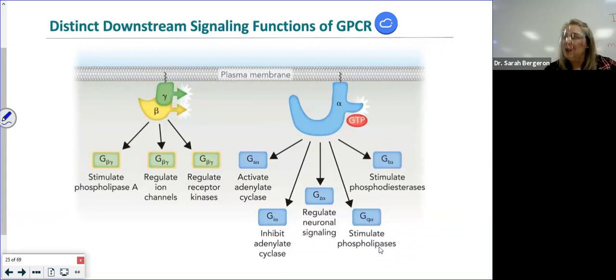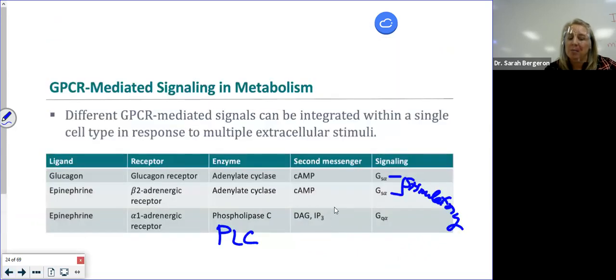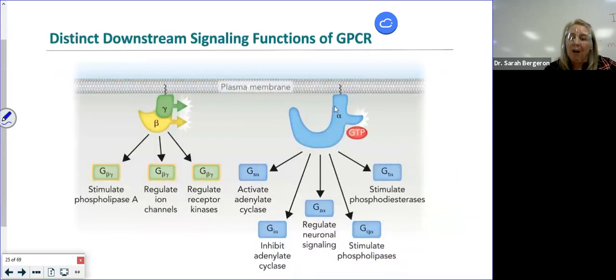Stimulates phospholipases. What is a phospholipase? Why would that be important? It's an -ase, so it's an enzyme that's going to cleave phospholipids. When I cleave the phospholipid that's embedded in the membrane, what second messenger am I going to get? DAG and IP3. Okay, so depending on which alpha subunit is bound to the receptor will tell you what downstream